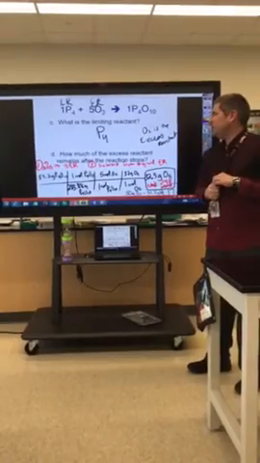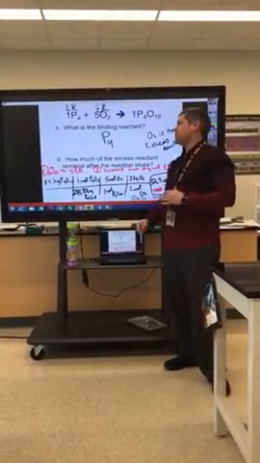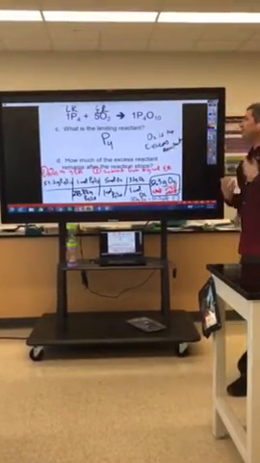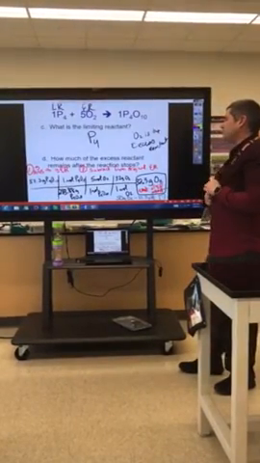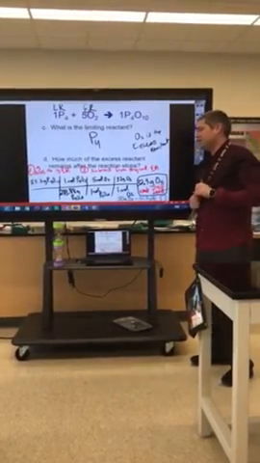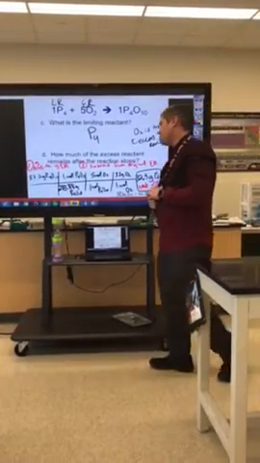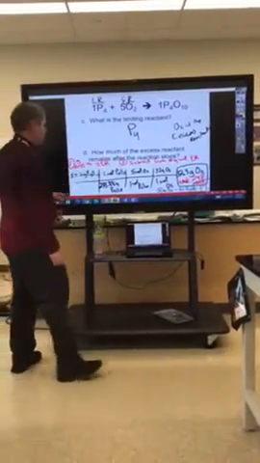What is the limiting reagent? P4 is the limiting reagent because it had the least amount of grams. How much of the excess reagent remains after the reaction stops? Well, to set this up, just have